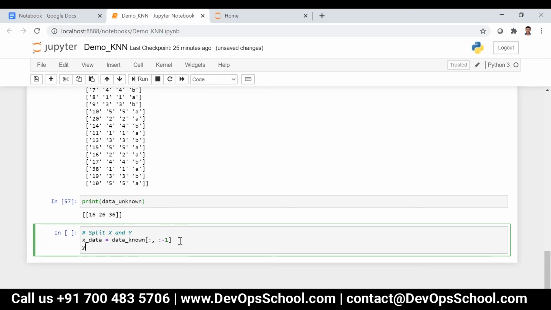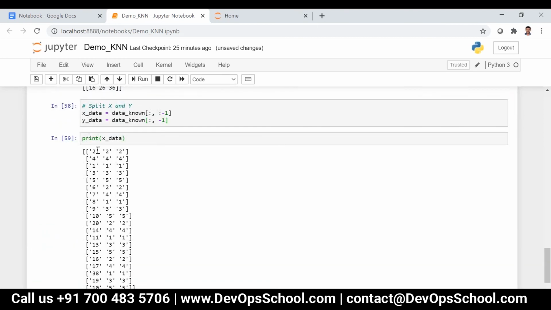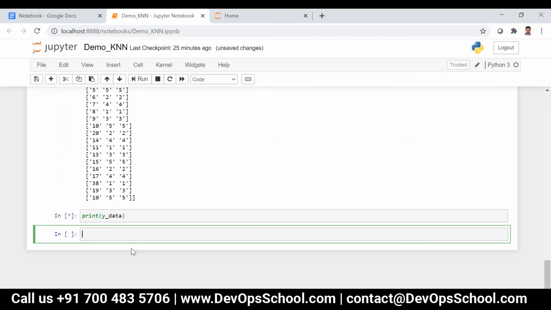And then similarly, y_data is equal to data_known. I want all the records and only the last column. Here I didn't give colon, I just gave -1. Now if I print x_data, it will be like this, and if I print y_data, it will be like this.